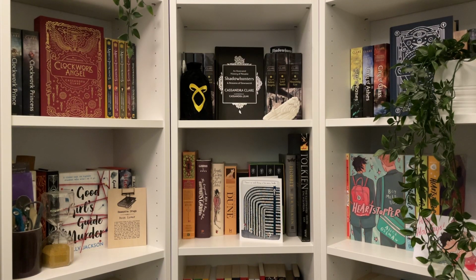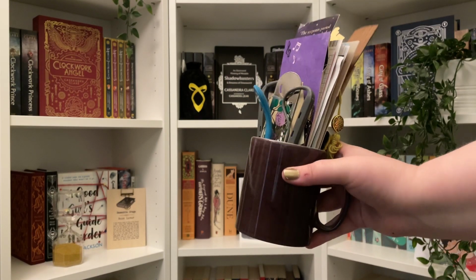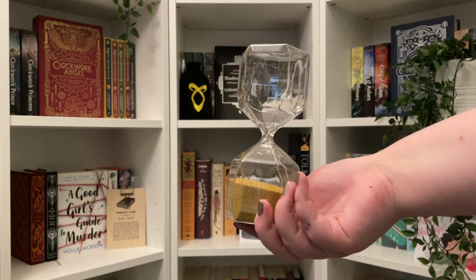That's finally it for the Shadowhunter books, but we now get into some of my other favourites. So the shelf to the left houses this mug, which is actually a heat-changing Harry Potter mug, which turns into the Mordor map, which has all of my bookmarks in it. I have this hourglass,